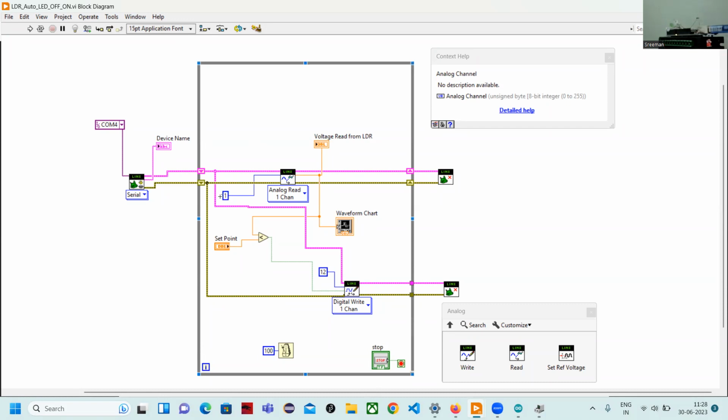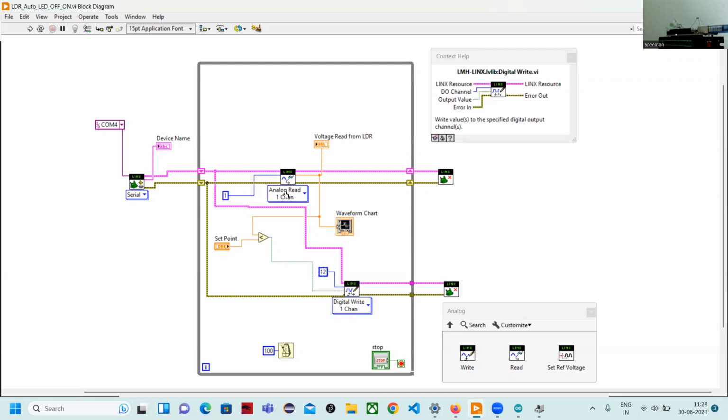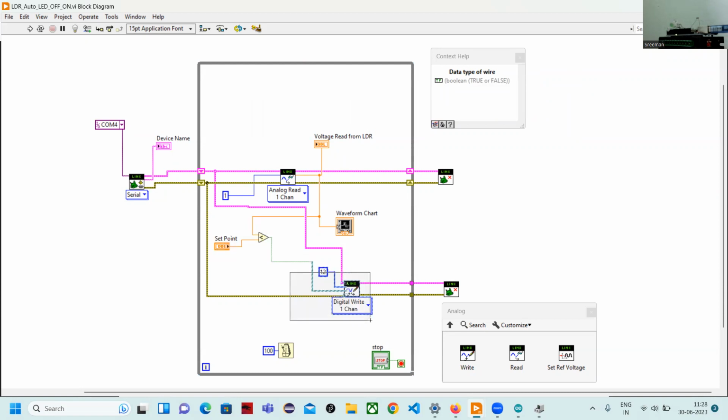After making this connection, I am reading data from the LDR, and based on the LDR voltage I'm turning on my digital blue LED, which is connected to digital pin 12. So I'm establishing the connection, reading the voltage from the LDR, and checking whether my LDR voltage has fallen below the set point or not, and then I'm turning it on, right? If my voltage is less than the set point, then automatically it will send